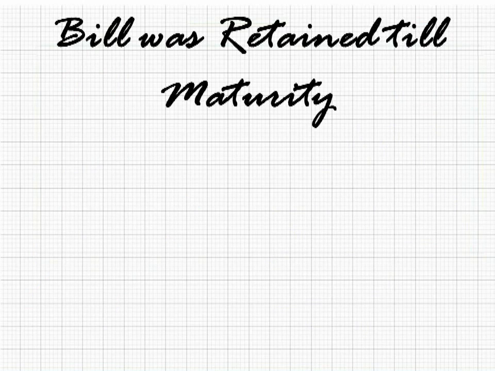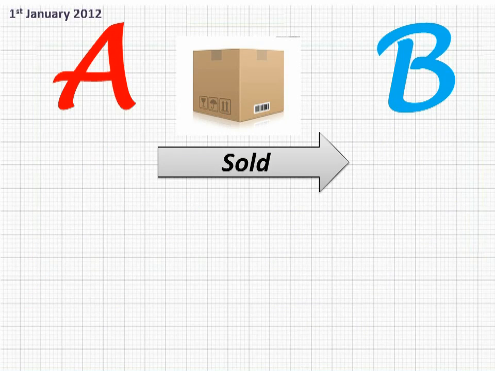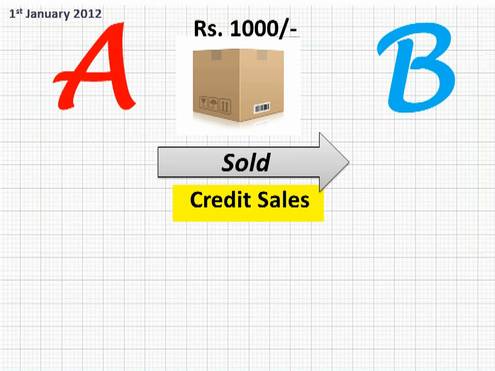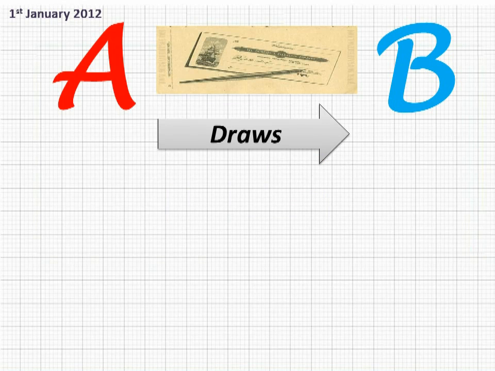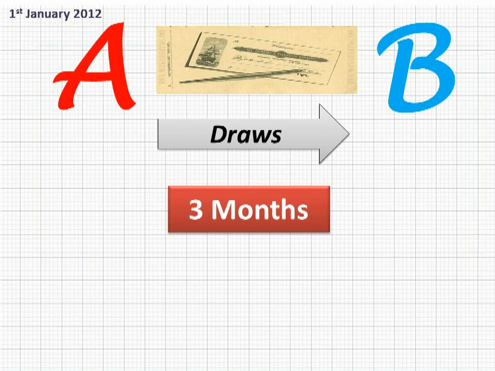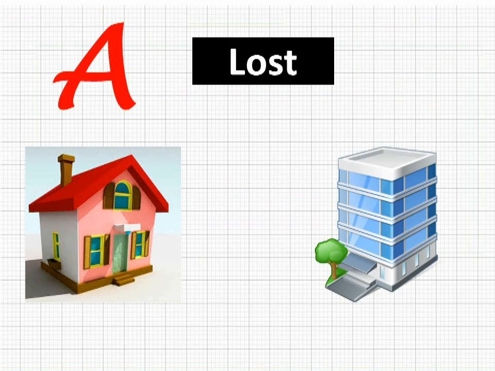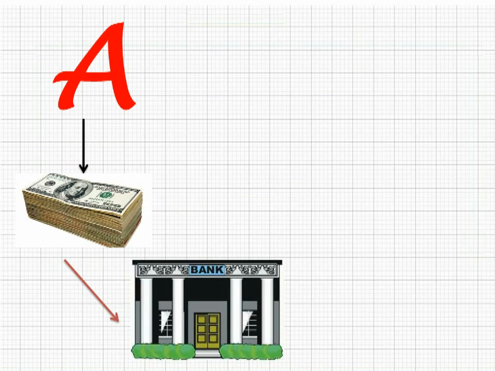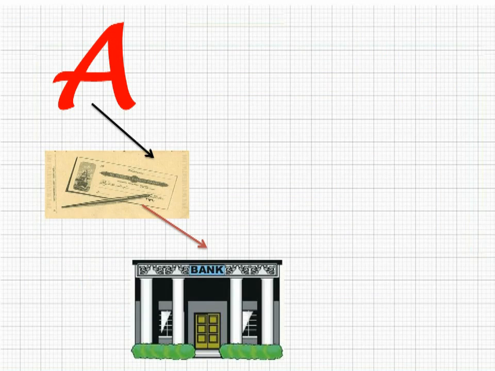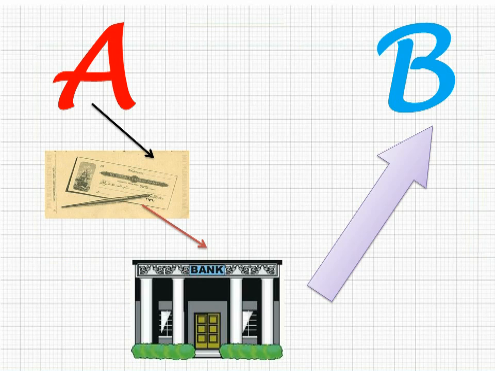Let's take another situation. Suppose on 1st January 2012, A sells goods to B on credit basis for ₹1,000, and A draws a bill of ₹1,000 on B for 3 months. Before the date of maturity, A thinks, why keep the bill at home or in the office? I may get it misplaced somewhere, and whenever I get the cash, this cash is deposited into the bank. Why not give this bill to the bank,